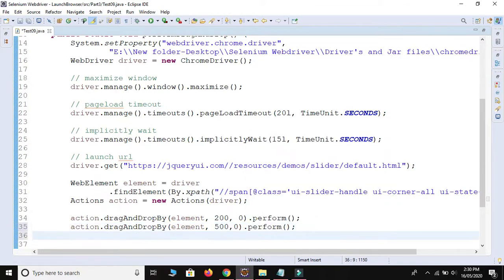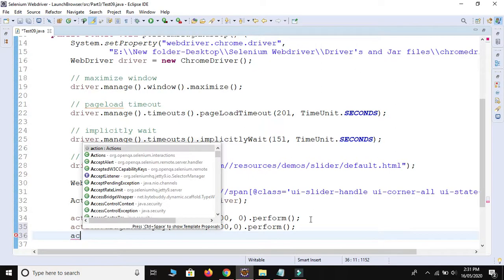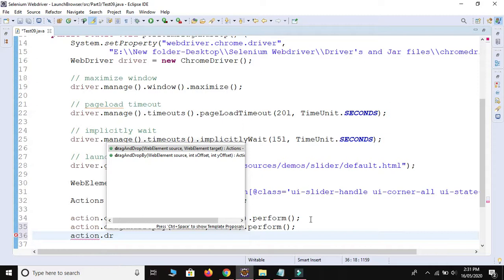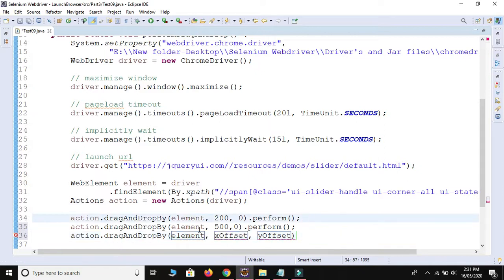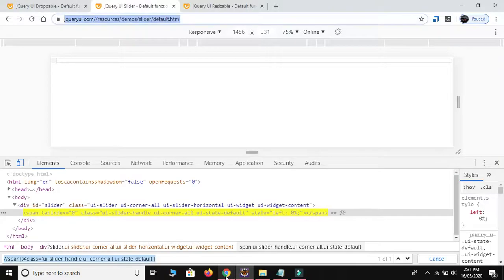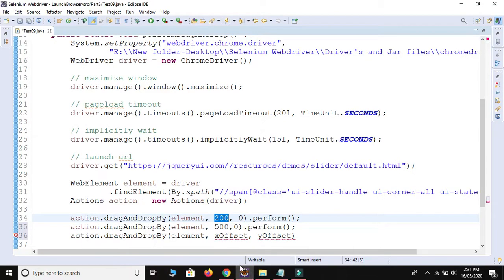Okay, and then again one more, action dot drag and drop by element, and at this time I will use minus, means first time I used 200, so assume it will come at here. Let me close this one. It will come around here, and then I have written the code for the 500, so again it will come around here or here something else. So if I need to go back again, I need to provide value in the minus format.